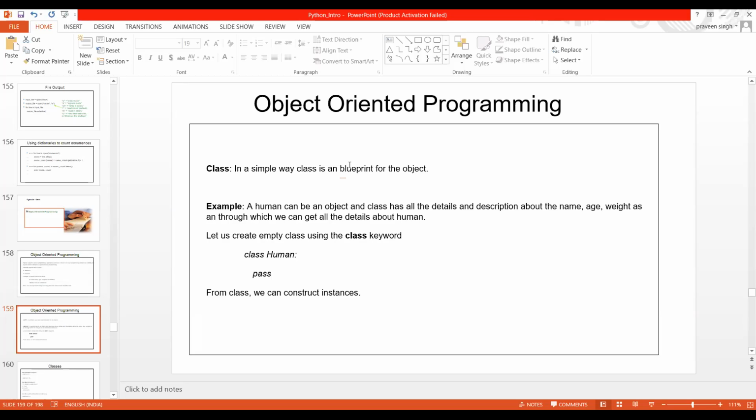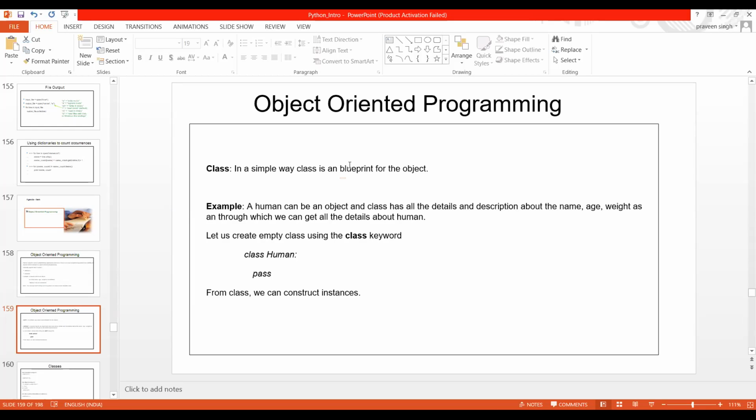Because in a class you are trying to define everything, you are trying to give all the details, you try to describe everything, and that particular class is going to be used in the case of an object. So that is why it is written that a class is a blueprint for the object. The object doesn't need to know anything, because it knows the class has that entire thing. Class has definition, class has details.